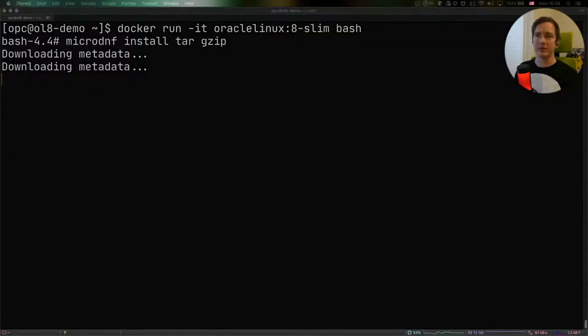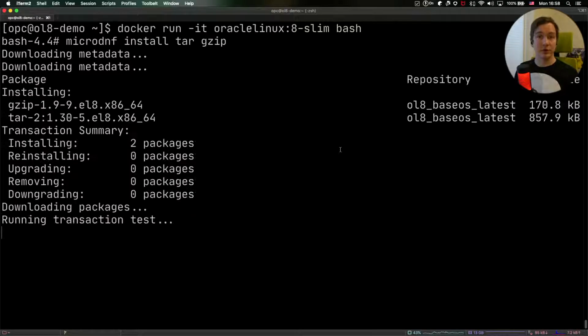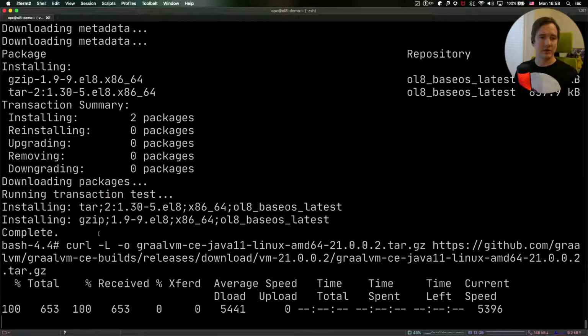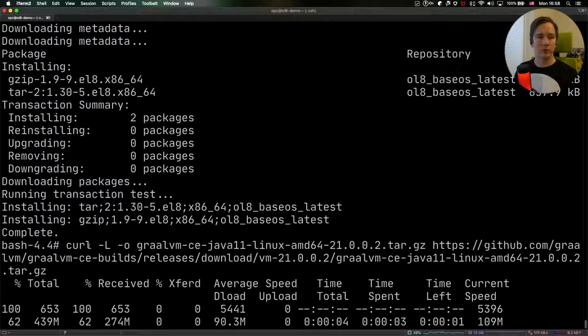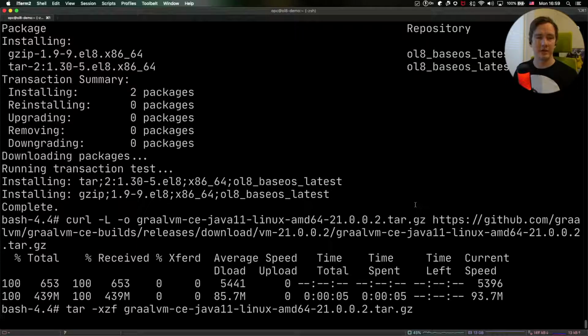The next step, we'll need to download GraalVM Community Edition from GitHub. So we're going to use the curl command to download that. We say we follow redirects with -L, the output file will be the GraalVM tar.gz archive, and then the URL that you can find from the graalvm.org site, graalvm.org/downloads. This just takes a moment, and then we can untar our file. tar -x, extract the files, is the mnemonic, and we pass the file name. When it's done, what we can do,